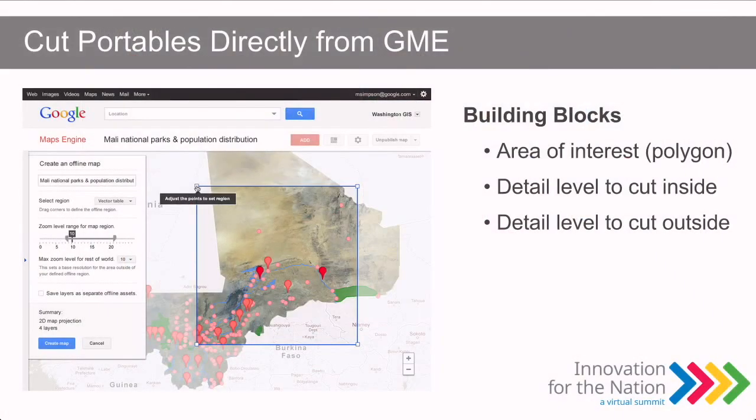But the concept is that you could just cut this map data in small chunks out of Google Maps Engine. So you might have terabytes, tens of terabytes, hundreds of terabytes of data in Google Maps Engine, but maybe today you just want one particular county or you want one particular driving route. And so we provide tools where you can literally just draw a polygon, decide how deep inside that polygon to cut or what level of detail to extract, and then what level of detail you might want for the rest of the world. And of course, this file could be several megabytes in size, or it could be many terabytes in size, and it's a